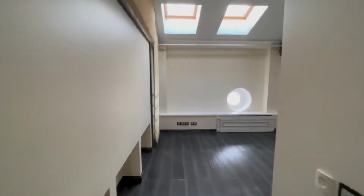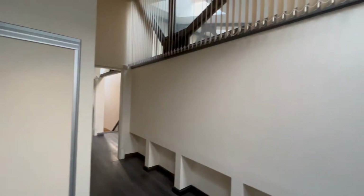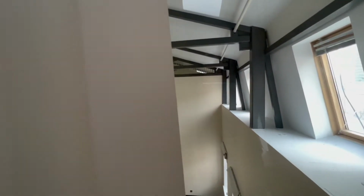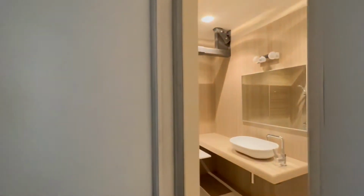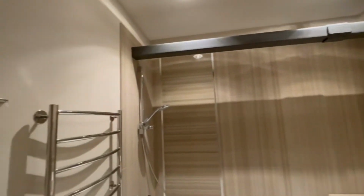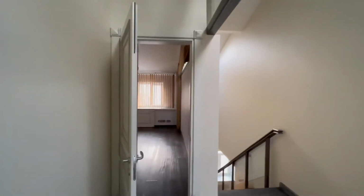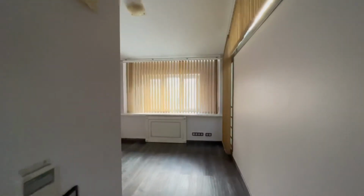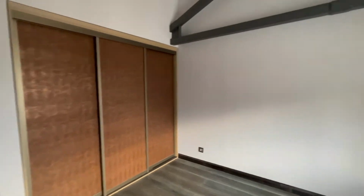So it's one more bedroom. It's a guest bedroom, or it can be anything actually. You can use it as a storage room, as a walk-in closet again. And a lot of windows everywhere. And it has its own bathroom. Looks like this. And here is another guest bedroom, with a built-in wardrobe,